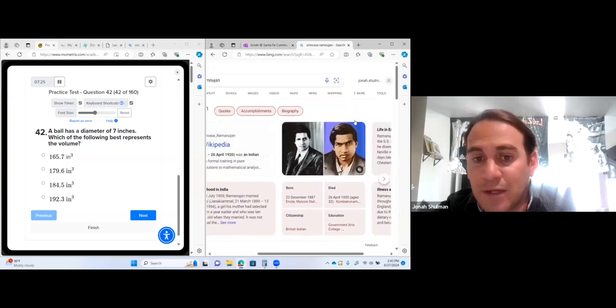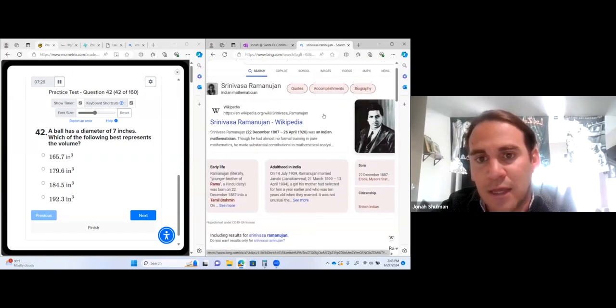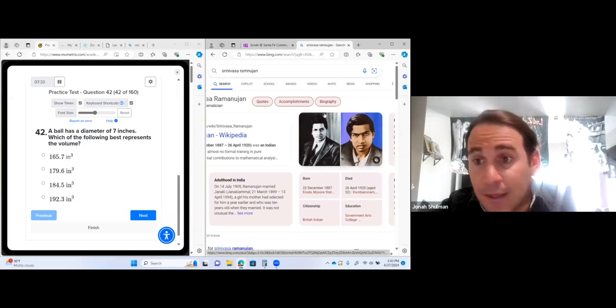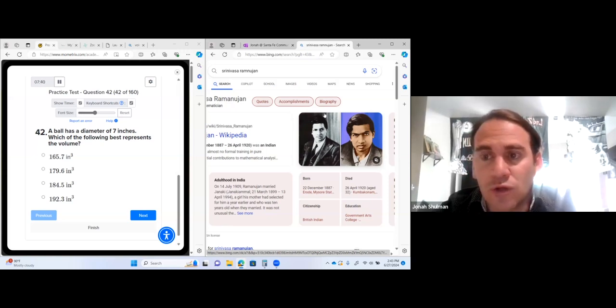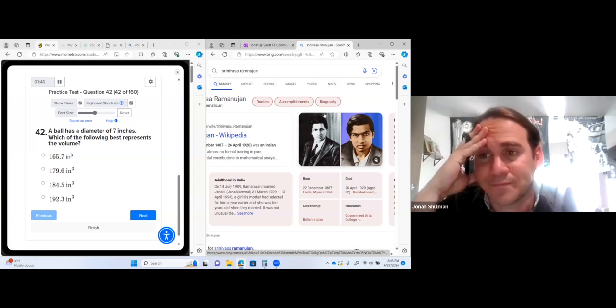They made a movie about him if you want to watch it, but he did lots of stuff with infinity and pi. And he has a great story because he was a clerk. He was part of the untouchable class in India. So he just bagged groceries, and his friends were like, wow, your math writing is really crazy. But he couldn't pass high school because his English was so poor.